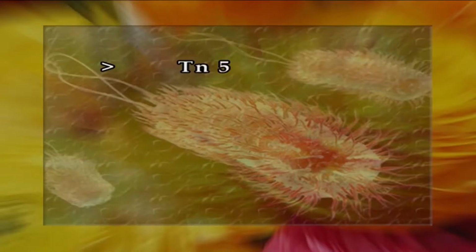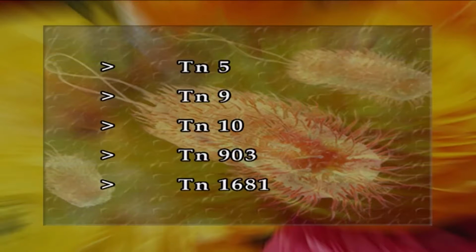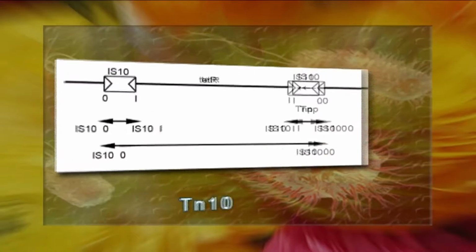Examples are Tn5, 9, 10, 903 and 1681. In all of these, the ends of the transposon are capable of transposing separately, since they are in fact subtle insertion sequences. Transposition of IS10 or